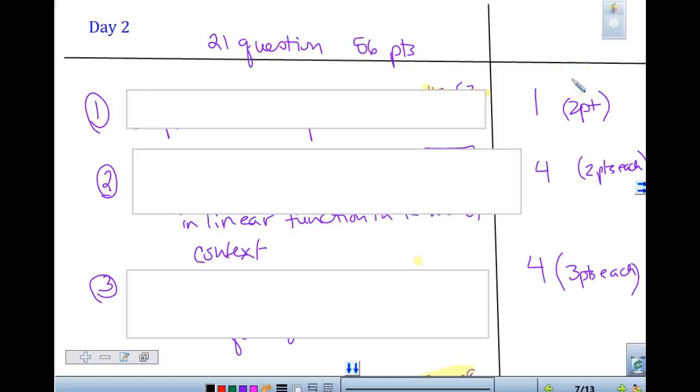Final both days as we are looking at it. So on day 2 of the final, if you have your final review packet and